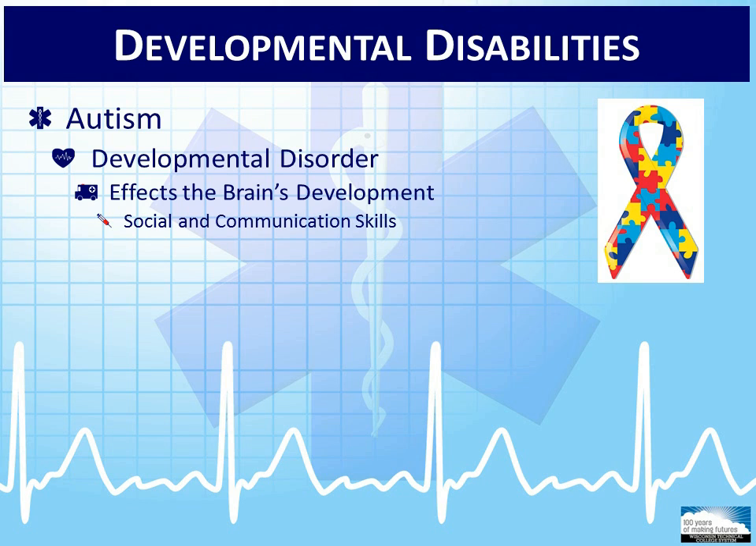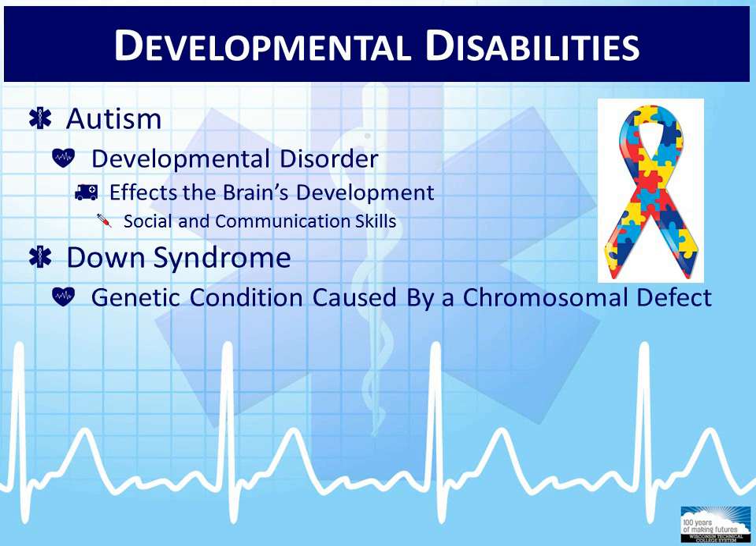There are many theories as to what causes autism, but no definitive cause has been found. Patients with autism have varying levels of disability. When performing an assessment of an autistic patient, attempt to keep questions and tasks simple and utilize the patient's family or caregiver when available. Down syndrome, also known as trisomy 21, is a genetic condition caused by a chromosomal defect